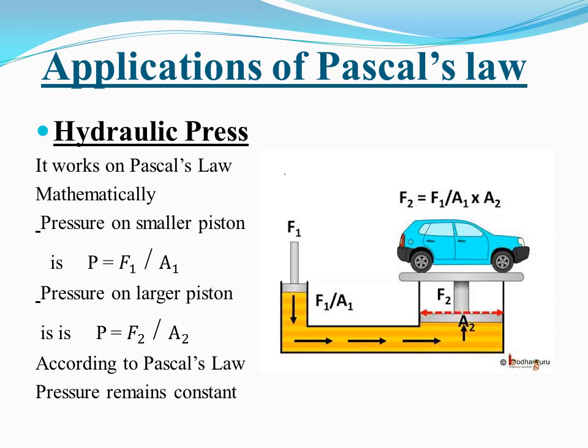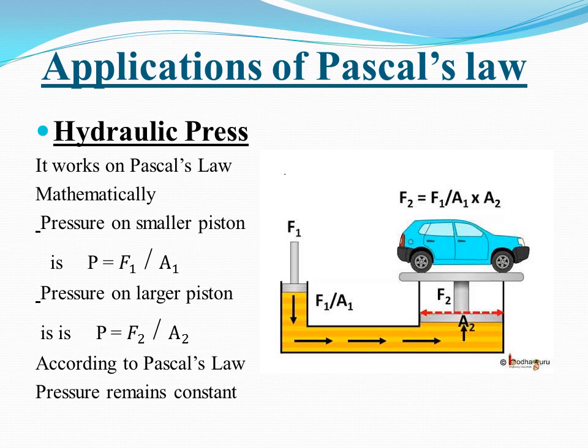The pressure P produced by the small piston is transmitted equally to all parts of the liquid according to Pascal's law. And the force that is produced on the larger piston, that is A2, will be greater than F1. So how can we find the relation? We can find the relation by using the equation for pressure, that is P = F1/A1. Pressure on the larger piston will be P = F2/A2. According to Pascal's law, both the pressures are equal.